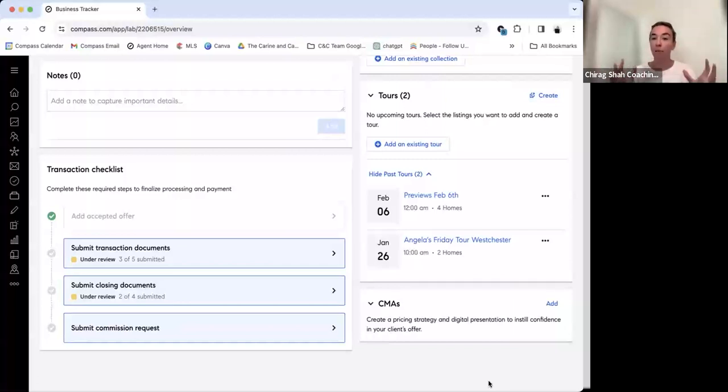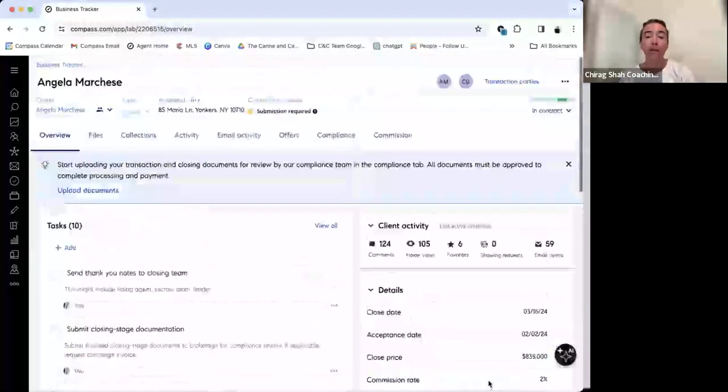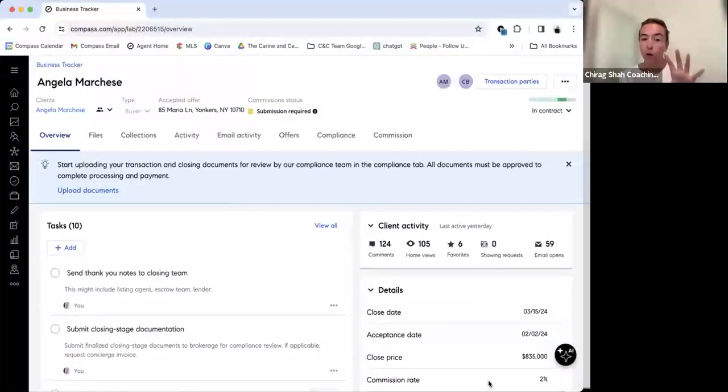So I would say the "collaborative" in the title of this session is really more in the name of this: this is where everything lies for the client. But one preface on this that I do like to say: your client folder is only going to look this put together if you're using all the other Compass tools the correct way. So this is really the true melting pot of the entire Compass system. That is the overview of what the buyer folder should look like.